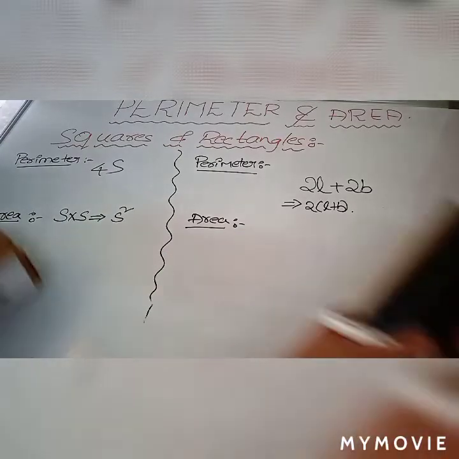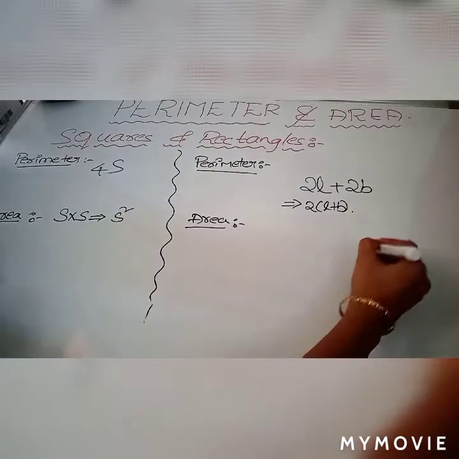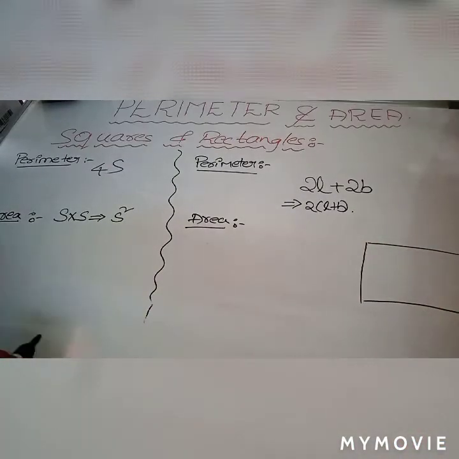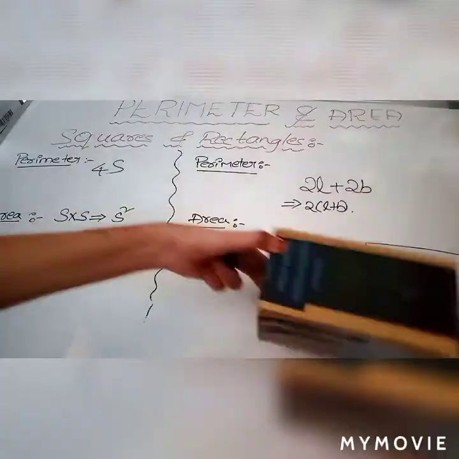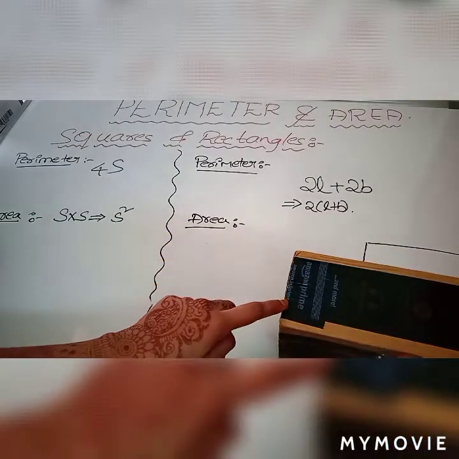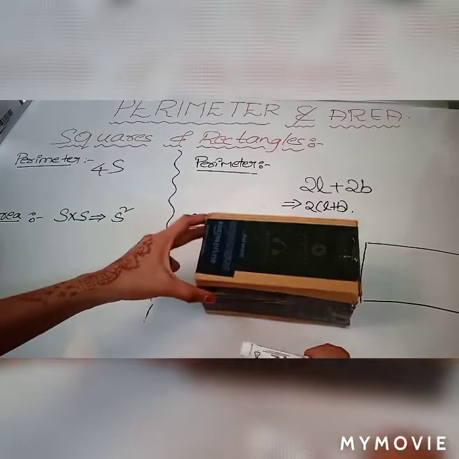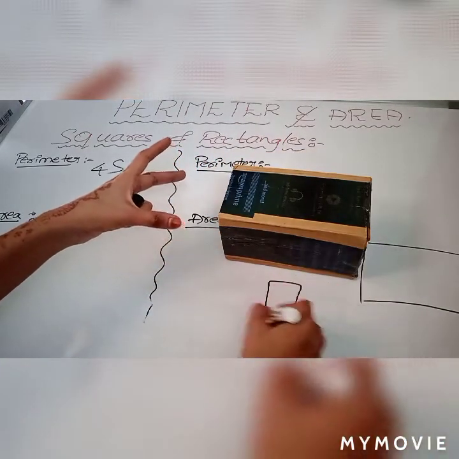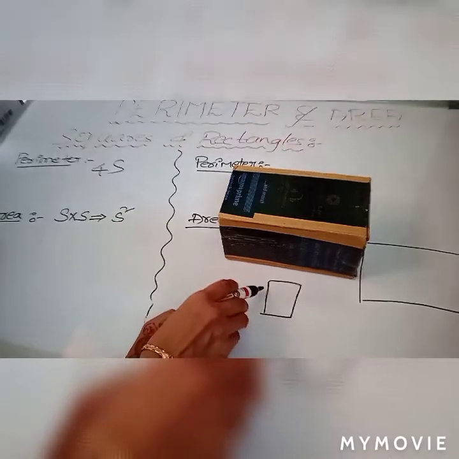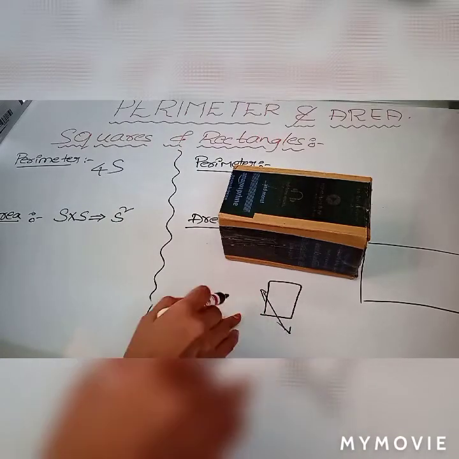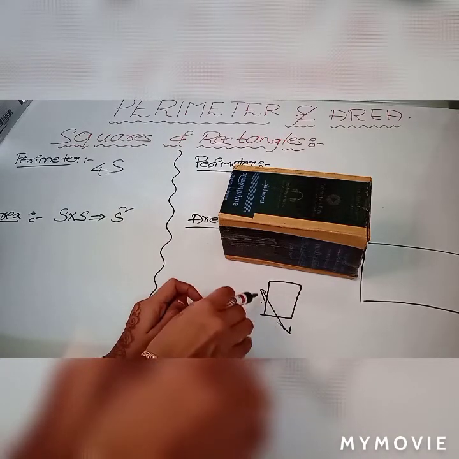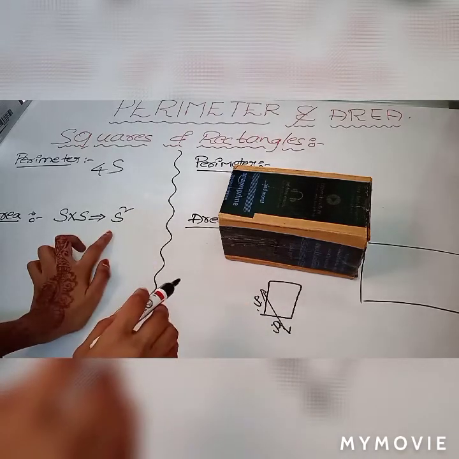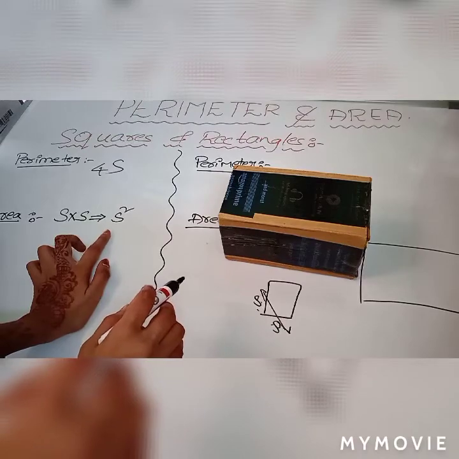See. Now see here. This is the rectangle, isn't it? This one is the length and this one is the breadth. What did we do in the area of a square? See, this is the square. What did we do? We multiplied 2 sides. We multiplied these 2 sides, S into S. That means side into side is S square. The area of a square is S square.